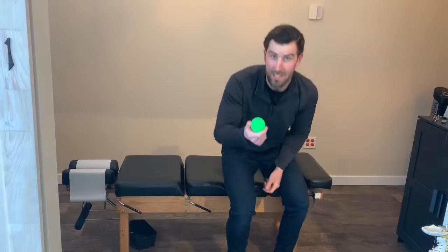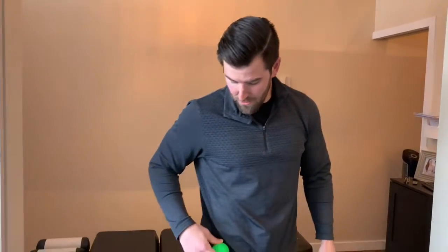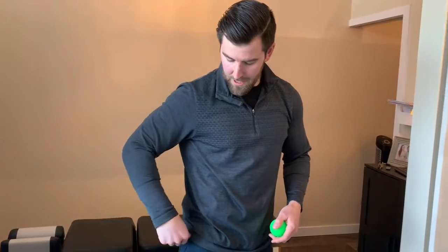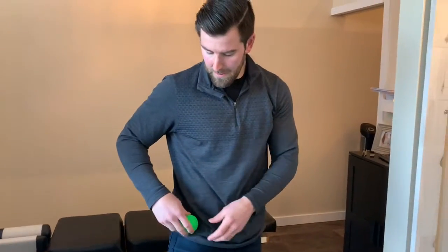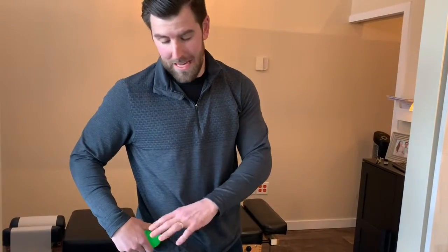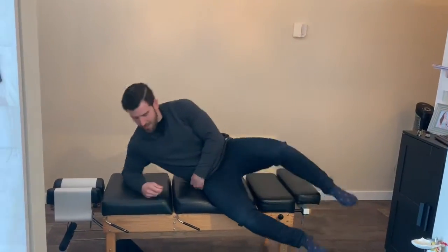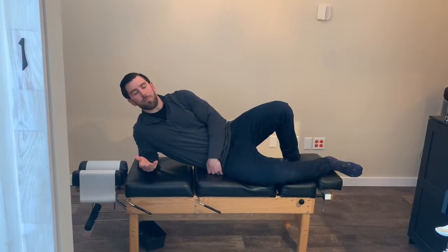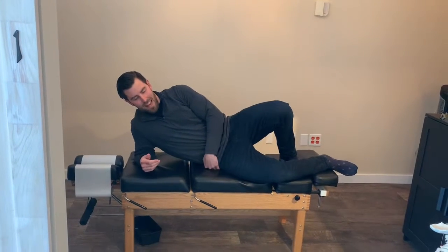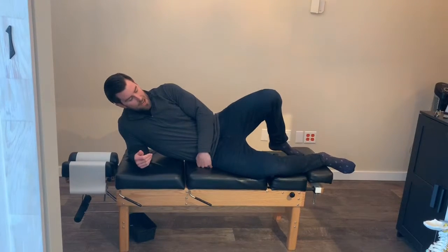The other thing I'd actually want you to focus on if I was just starting and getting back into running is right through here. So here's the side, here's my hip, right? Some of these small intrinsic muscles are going to get tight and sore. So what I would suggest is just get on the side of, whether you lay on the ground, the side of a hard surface, and just like this, you're going to find here it's probably pretty tender, so focus on your breathing. Hang out there, and you can rock back and forth,